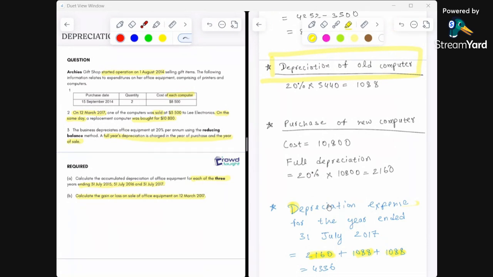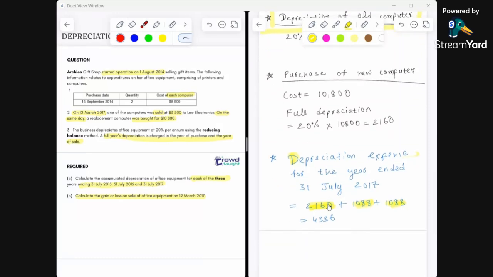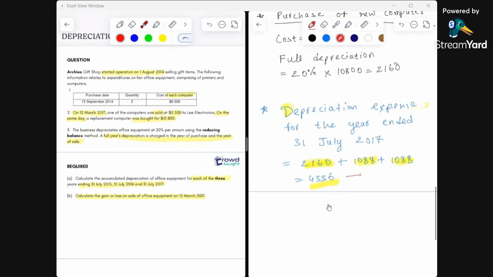And it's same because we know the company requires us to apply a full depreciation in the year of purchase and also in the year of sale. So altogether, the depreciation expense for the year ended 31 July 2017 is 4,336. And this is the amount to be reported as depreciation expense in the statement of financial performance, also known